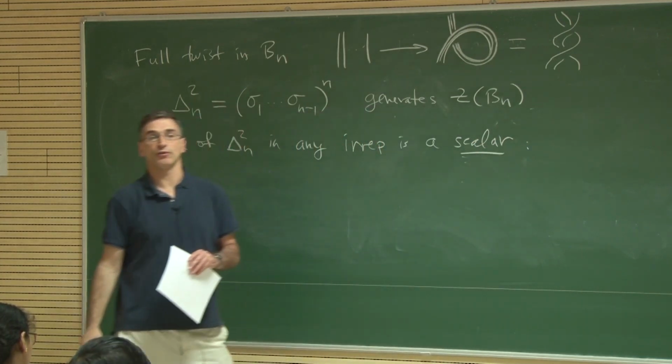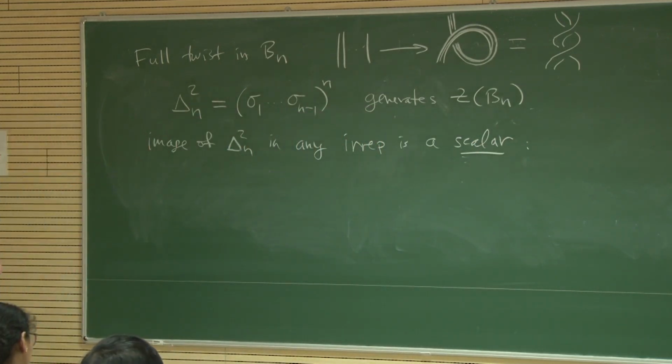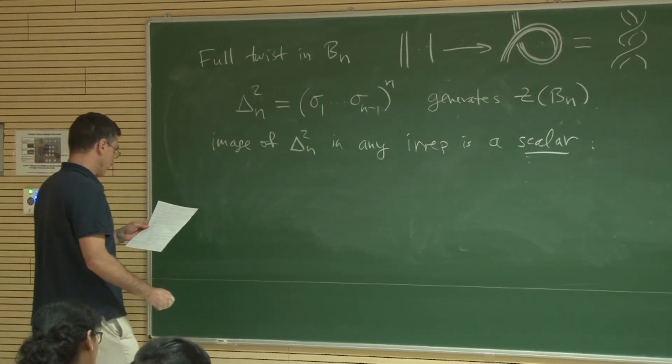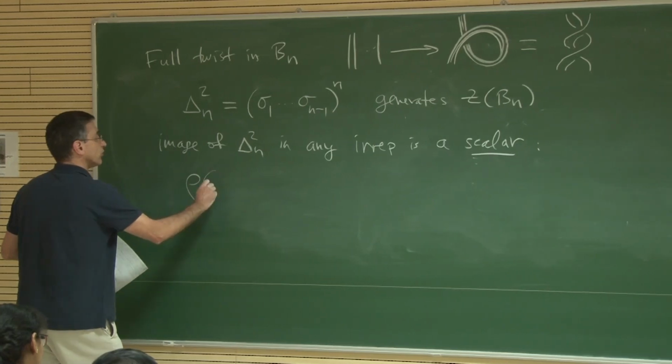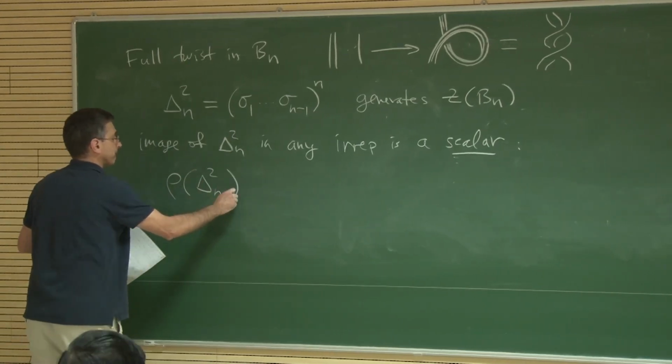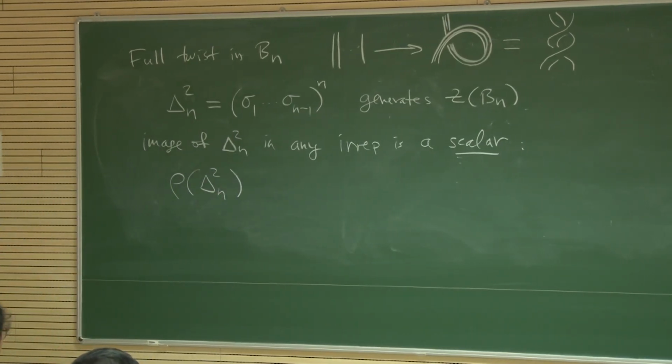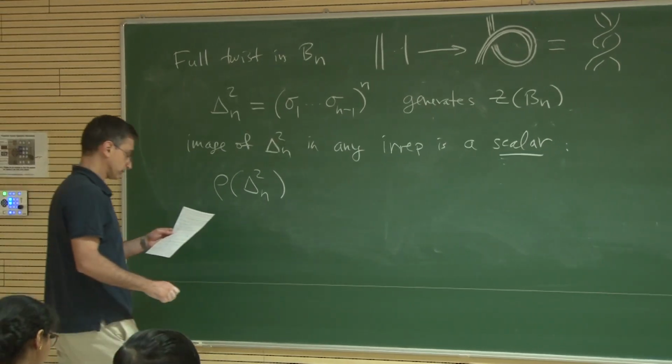Again, this is a representation theoretic statement. If you have a central element, then its image has to be a scalar. And so, if you take a representation rho of delta squared under the irreducible representation,